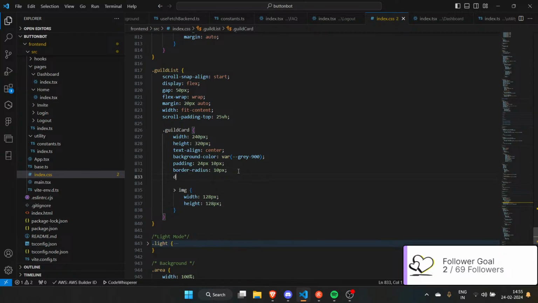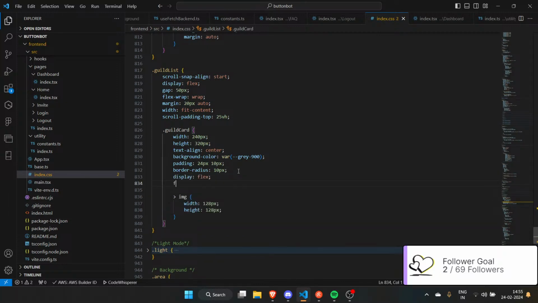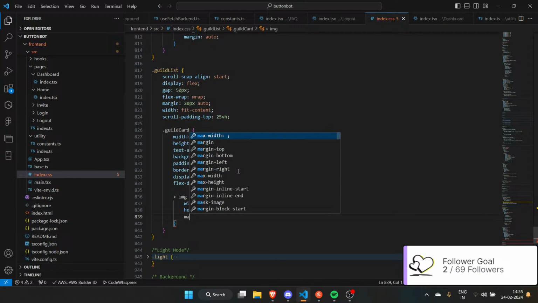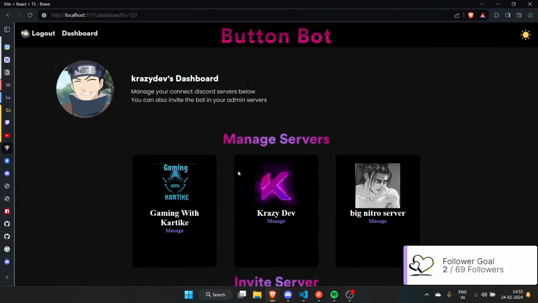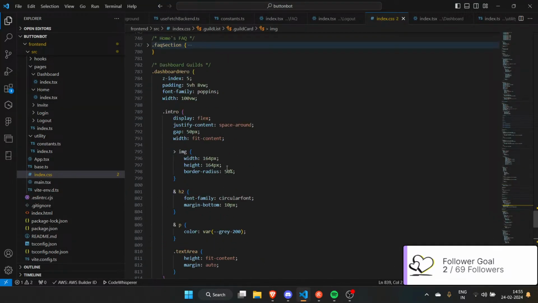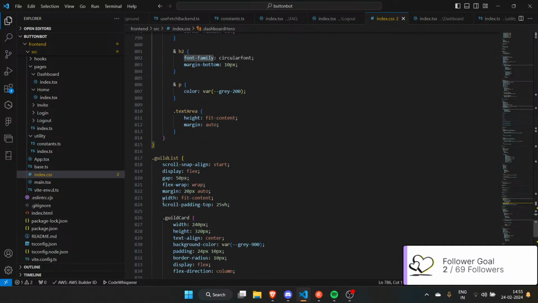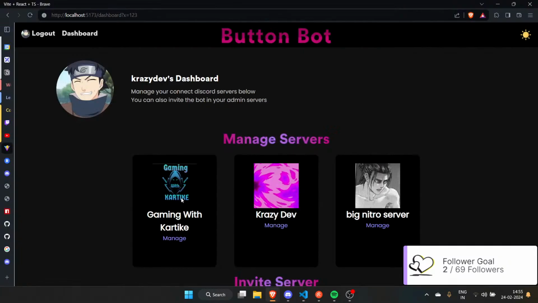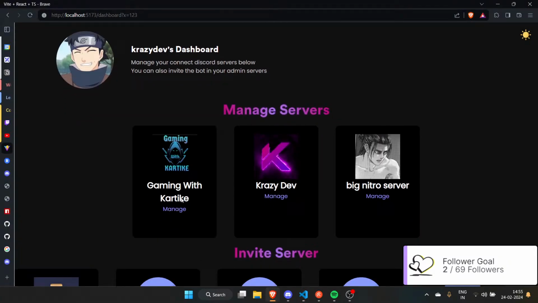Now obviously this thing should be a display of flex. This thing is legit the same, to be honest. Flex direction should be column. Then I like you to have a margin of 0 auto. I like to copy the font here as well. Doesn't seem bad, does it?